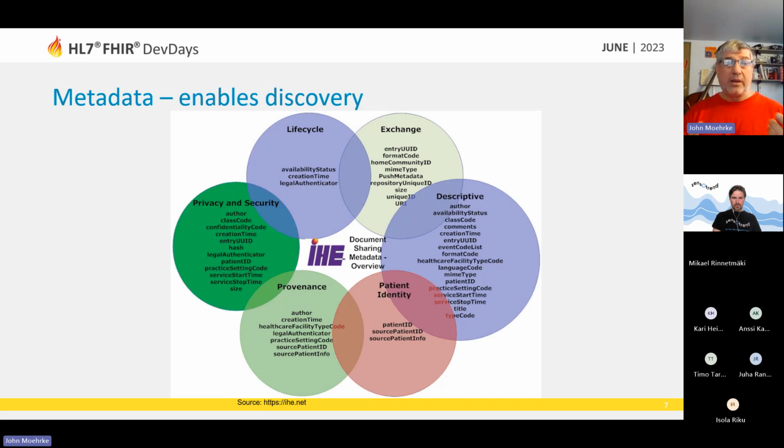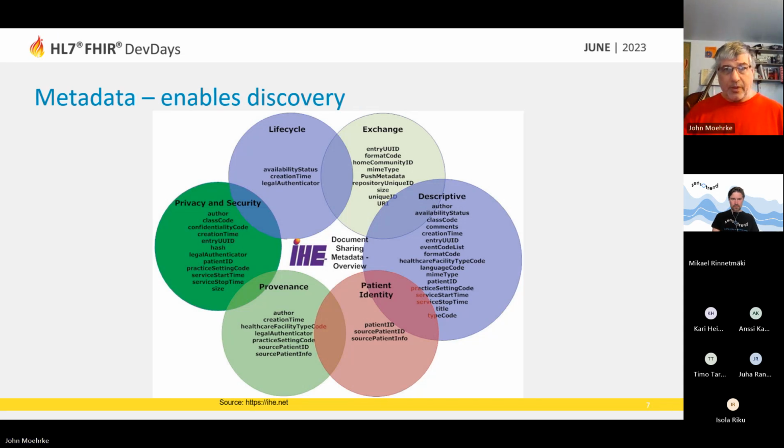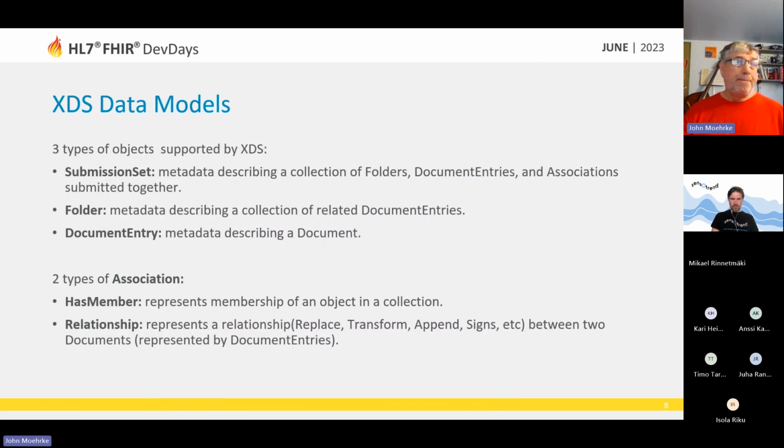Provenance: who created it, when was it created, those kinds of things. And then security and privacy: who was the author? Are there sensitivity codes on it, confidentiality codes, those kinds of things. So getting a little bit deeper, and I'll probably go a little bit faster because these are